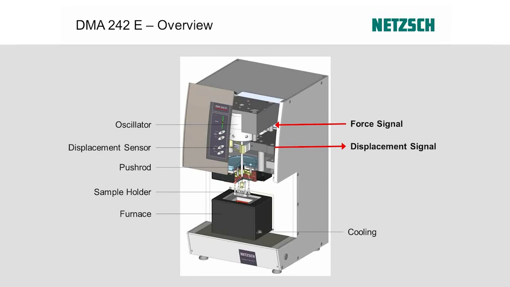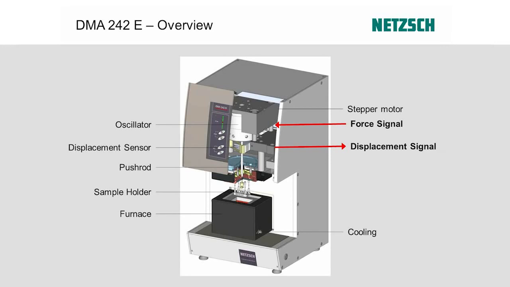So down here, you can see the furnace of our DMA that is pulled out now, so it just goes over the sample holder here in operating mode. If not, you can just push it into parking position and very easily remove your sample or change sample holders and so on. And I would like to draw your attention to one more point, and that is the stepper